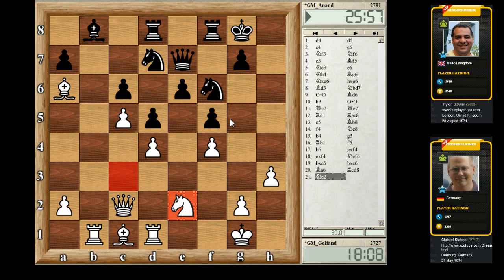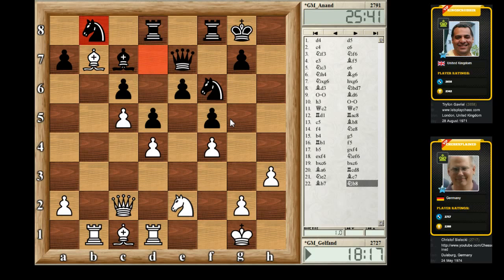I think if black wants to save c6 now, he needs to go something like this here, and this looks like not much fun. This kind of stuff. It's terrible. A7, c6, and black has absolutely nothing here. It's just a terrible position. So yeah, I guess also I think Anand wanted to play at least quickly to